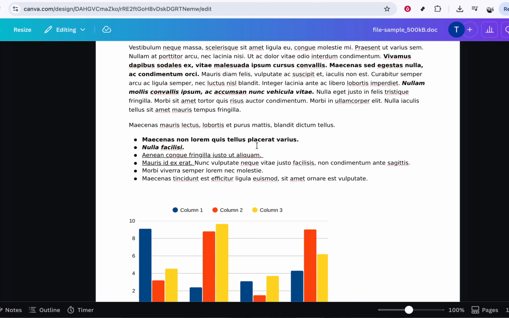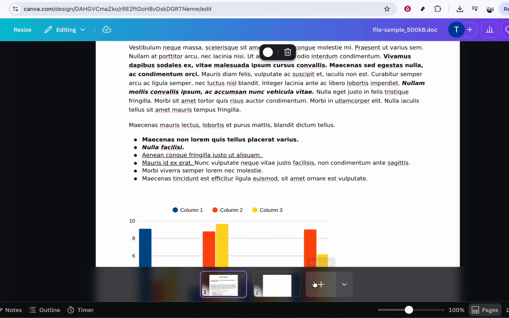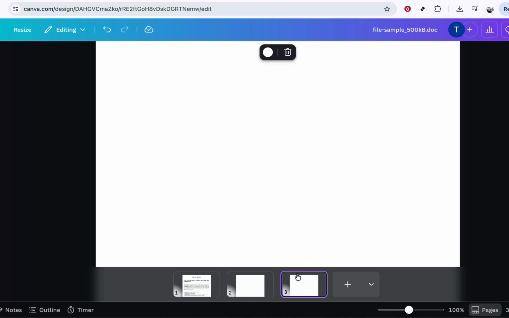Once your Canva doc is open, take a moment to familiarize yourself with the interface. Your current page will be in the center of the screen. To manage and add pages, you'll use the Pages panel, which is typically located at the bottom or side of your workspace, depending on your current layout and screen size. Now, look for the section labeled Pages beneath your document. Here, you'll see a small thumbnail of your current page, and as you add more, they'll appear in order. This panel is where you can see the overall structure of your document, navigate between pages, and manage them more